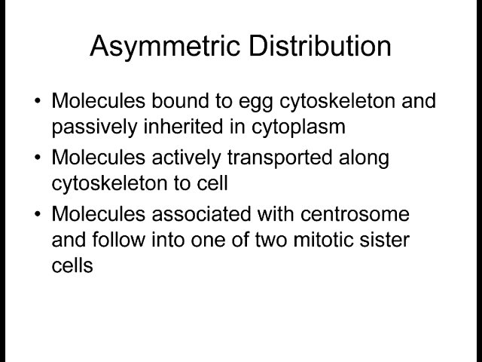You have certain RNAs on this side that are bound to the cytoskeleton, certain RNAs on this side that are bound to the cytoskeleton, and they're not going to move from that spot. So they stay where they're put. That's one mode of how you can distribute RNA and proteins in the cytoplasm: the cytoskeleton holds them in